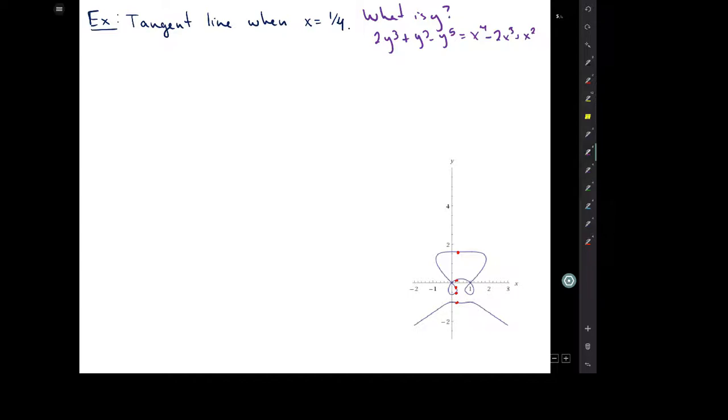And so if we plug in x equals 1/4 over here and simplify, you get 2y cubed plus y squared minus y to the 5th is equal to 0.0351563. Gross. And this is a degree 5 equation. You don't want to solve this by hand. What we find via a computer,